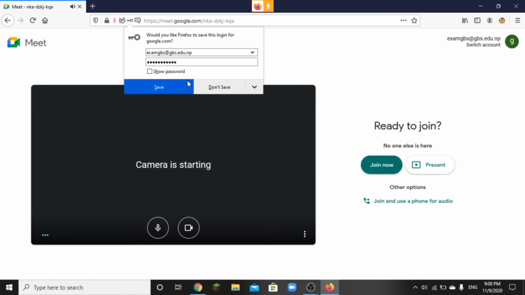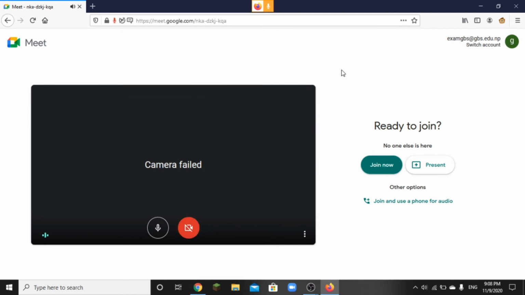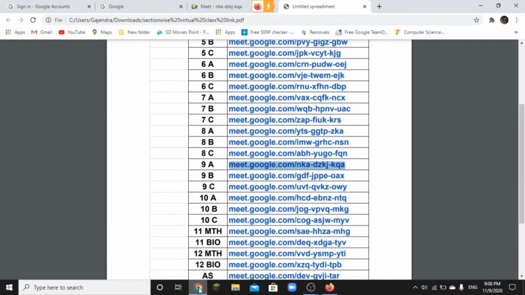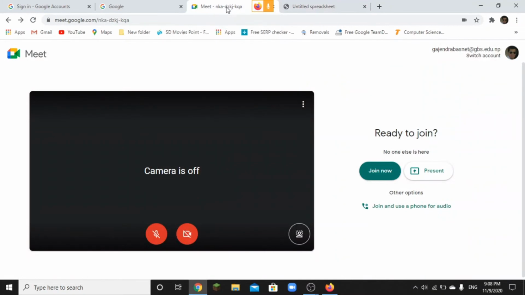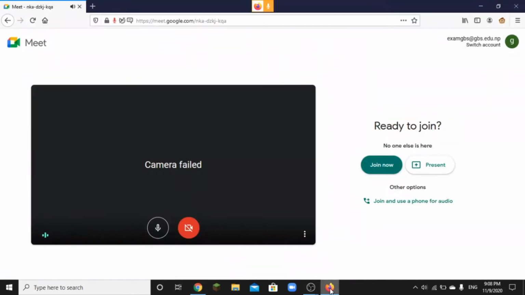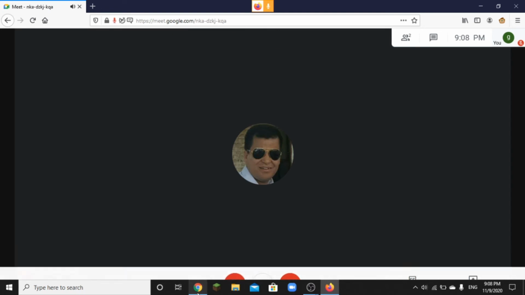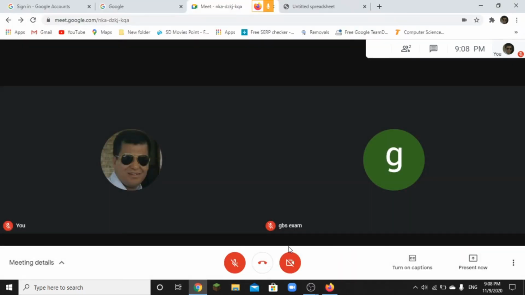So here both things you have to allow. I don't want to save the password. So here you can see this is the email ID of the student. So now the student is logged in, and the student has already joined. So when you click to join, this is the window in which the teacher is available. So first of all, the teacher joins. You can see that in the next window, that is Mozilla Firefox, the student is. So here you can see that, yes, mic is off.